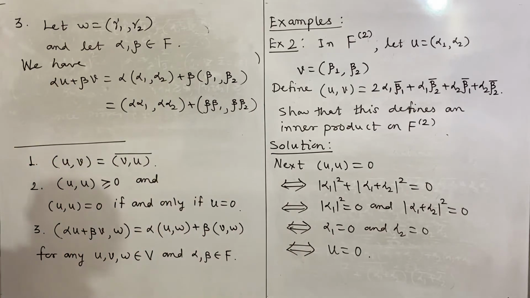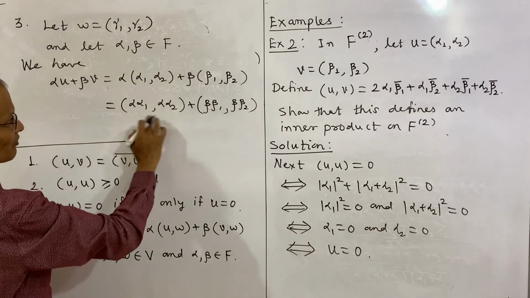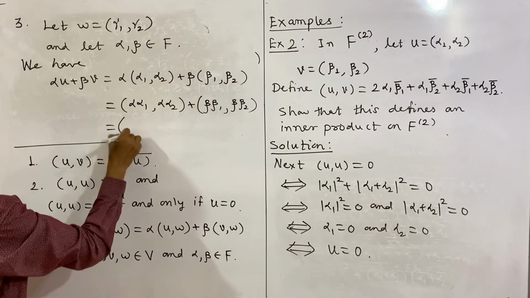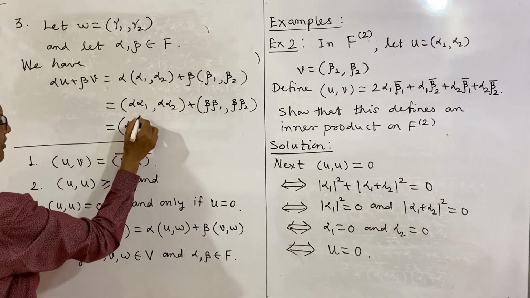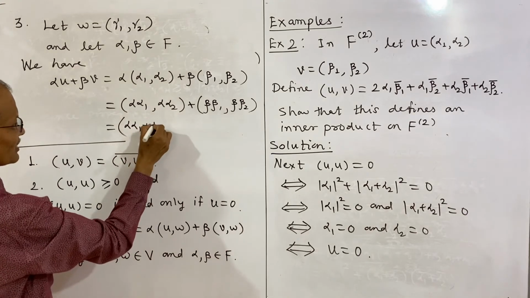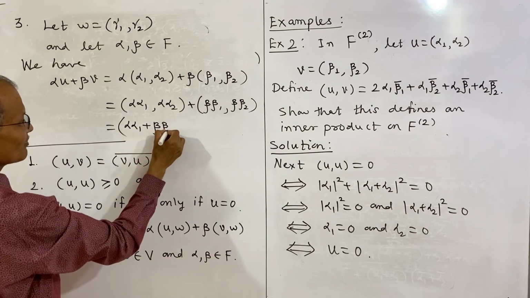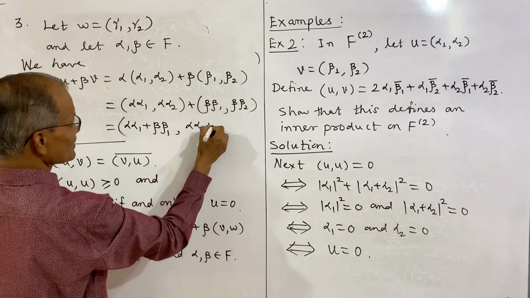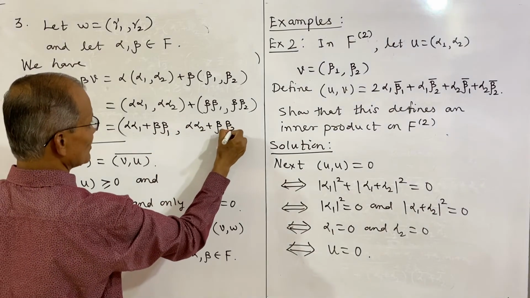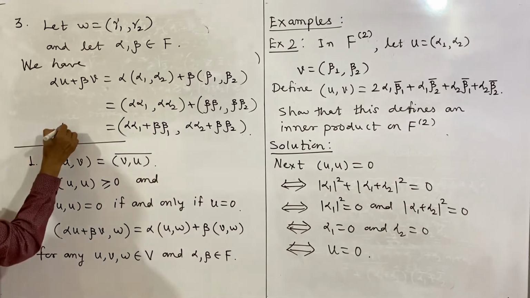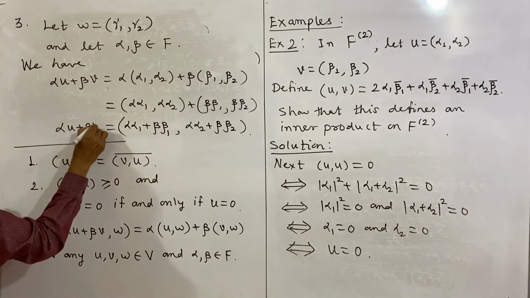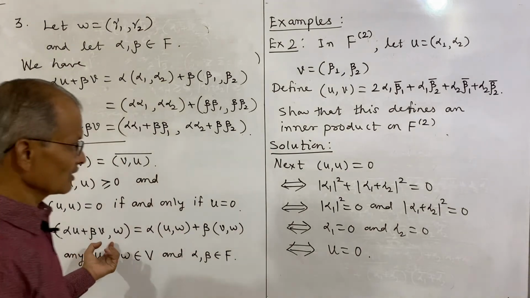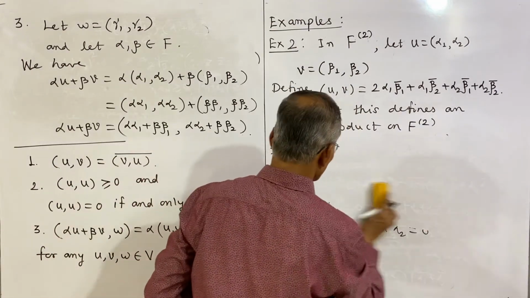So again we have to add the components wise. We have multiplied here, scalar multiplication. Now the addition of the components: first component plus first component of the second vector, alpha alpha 1 plus beta beta 1, comma, alpha alpha 2 plus beta beta 2. So this is the expression for alpha u plus beta v. Now we have to take the inner product of this with w. And therefore,